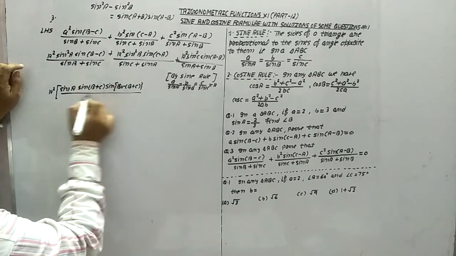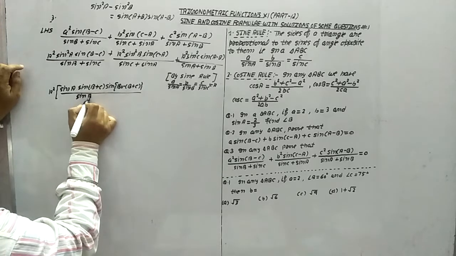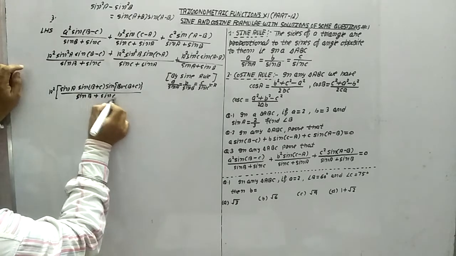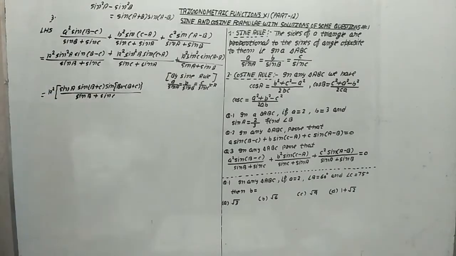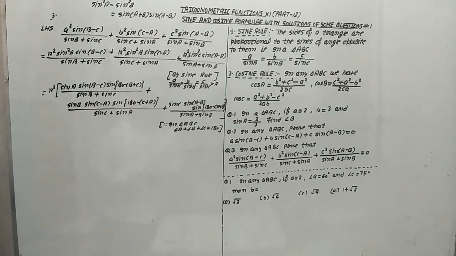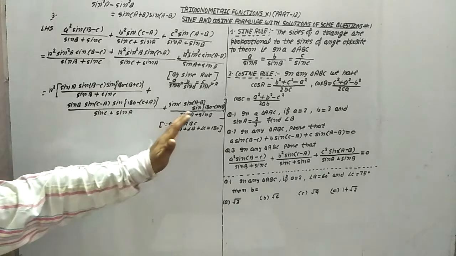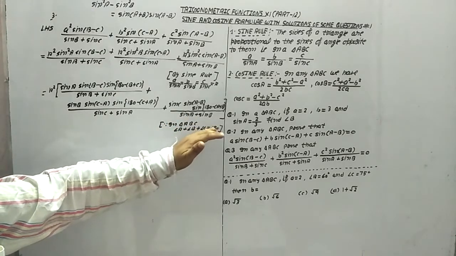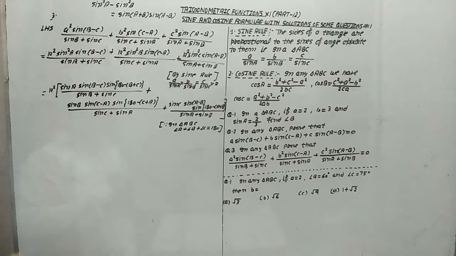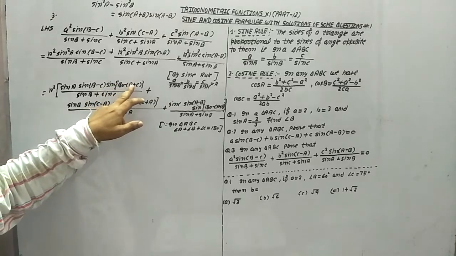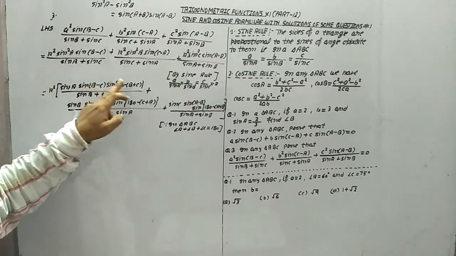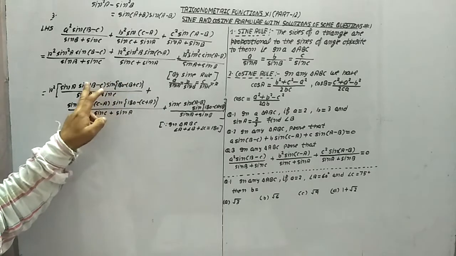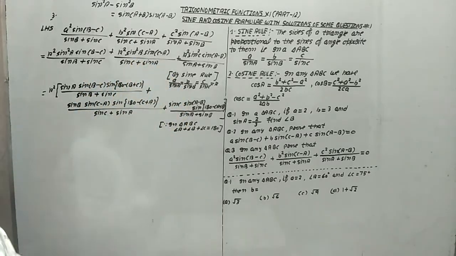Now this is sin B plus sin C. So this is the one part. Now look at this thing. On the basis of this part, other terms are also similar, because in a triangle ABC, angle A plus B plus C is equal to 180 degrees. Now here sin 180 minus theta means sin theta. It means sin B plus C times sin B minus C becomes sin square B minus sin square C.